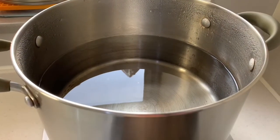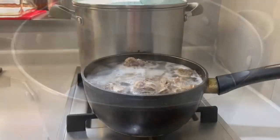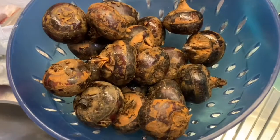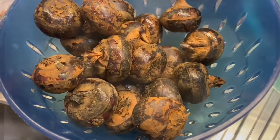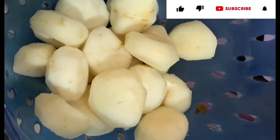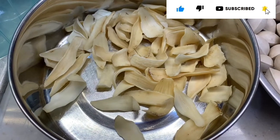First thing to do is boil 12 cups of water, blanch the pork bones for 5 minutes, and these are my water chestnut, guys. I need to clean this properly and remove the skin because it's very dirty. And this is lily bulb